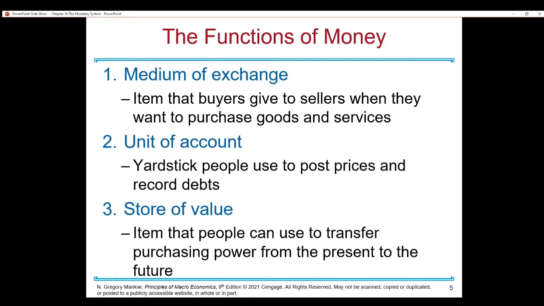Now, people have to decide how to split their wealth between these liquid and non-liquid assets. They want to have some amount of money, the most liquid choice, so that they can purchase goods and services with it relatively soon, but they don't want all of their wealth to be money because it's going to be a weaker store of value than stocks, bonds, or a house. If prices rise, the value of money is going to fall.